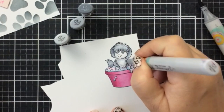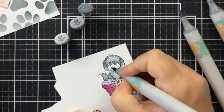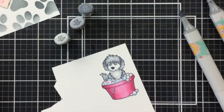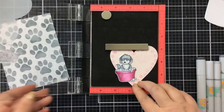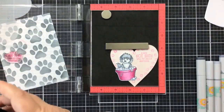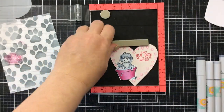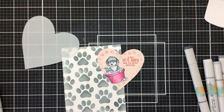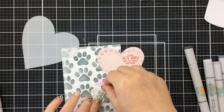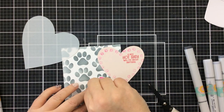I'm going to use some dotting techniques on his chest fur there and then color his nose in solid. I added a little white highlight with my gel pen, and then I went in with a couple shades of pink just to get the right dark hot pink that I was looking for. So there we go. It says a nice hot bath will fix about anything. I love that. Now I'm going to pop him up on the pink heart using some foam tape,